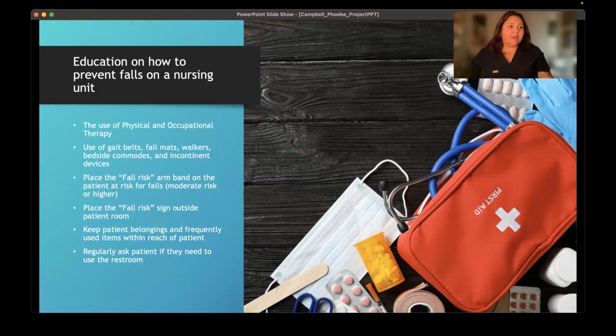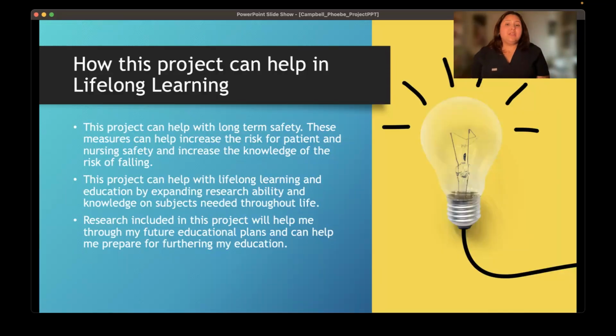Use any assistive devices such as the bedside commode, the Hoyer lift, the gait belt when ambulating the patient out of bed. And regularly ask if the patient needs to use the restroom or needs any incontinent devices such as a Purewick. This project can help with long-term safety. These measures can help decrease the risk for patients and nursing safety and increase the knowledge for the risk of falling. This project can help with lifelong learning and education by expanding researchability and knowledge on subjects needed throughout life,